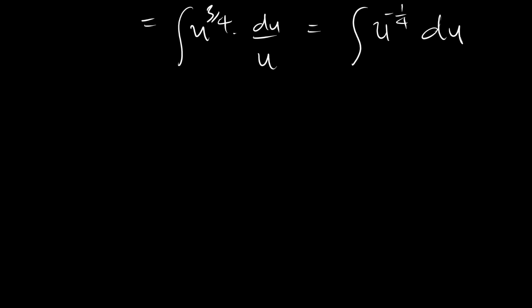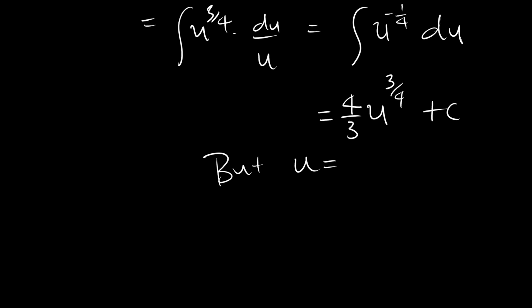So how do we proceed with that? That means that our answer is 4 over 3 u to the 3/4, negative a quarter plus 1 is 3/4, plus c. But we said u is equal to e to the x. So in other words, this ugly integral